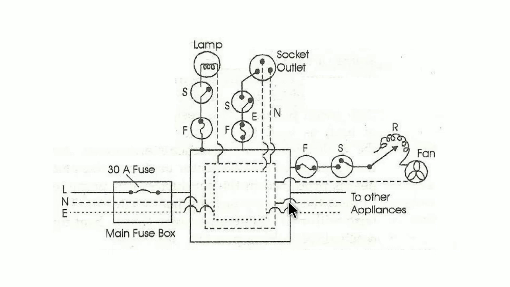All right, and similarly, the other appliances also, maybe there's a TV or a fridge or anything else, also run in the same way, and this is the connection taken. So this is how we can understand that in a room a ring structure or ring system can be made